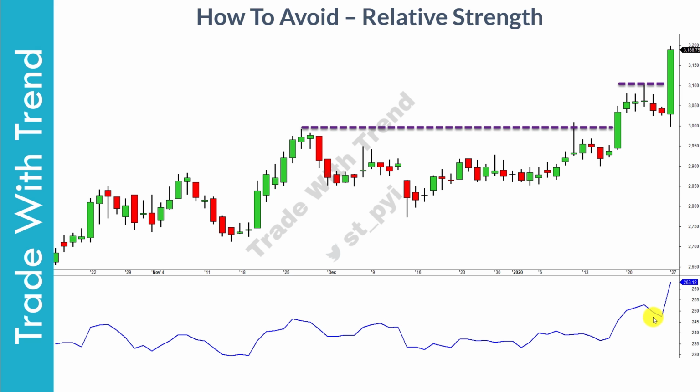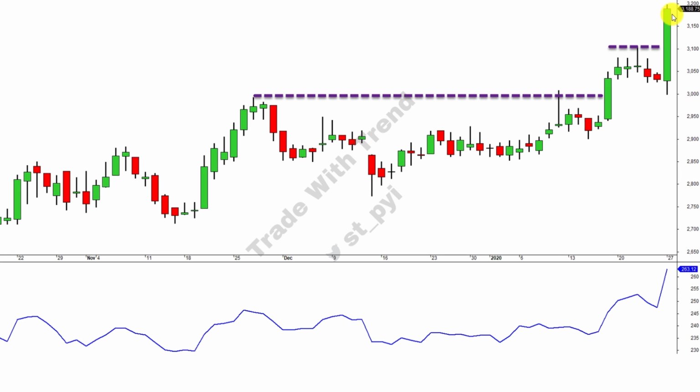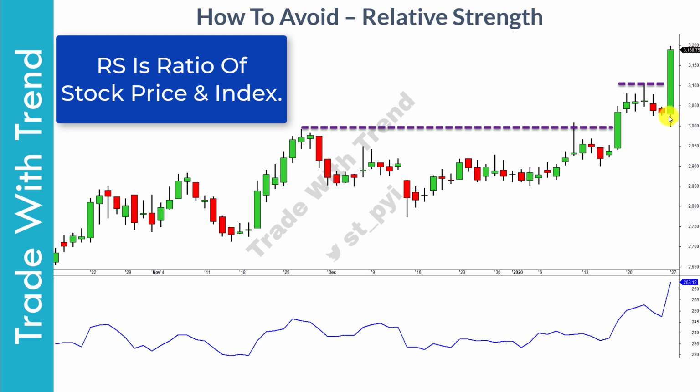So by the time you entered at this particular region, the stock was already outperforming. Now, with this fresh breakout candle forming on the chart, you should go ahead and take a trade, because relative strength is also trending higher, which means the stock is outperforming. And overall, this is a strong candle, wide in range, and some element of tail is also visible. So this is a demand candle. These are the sort of structures that you need to focus upon.